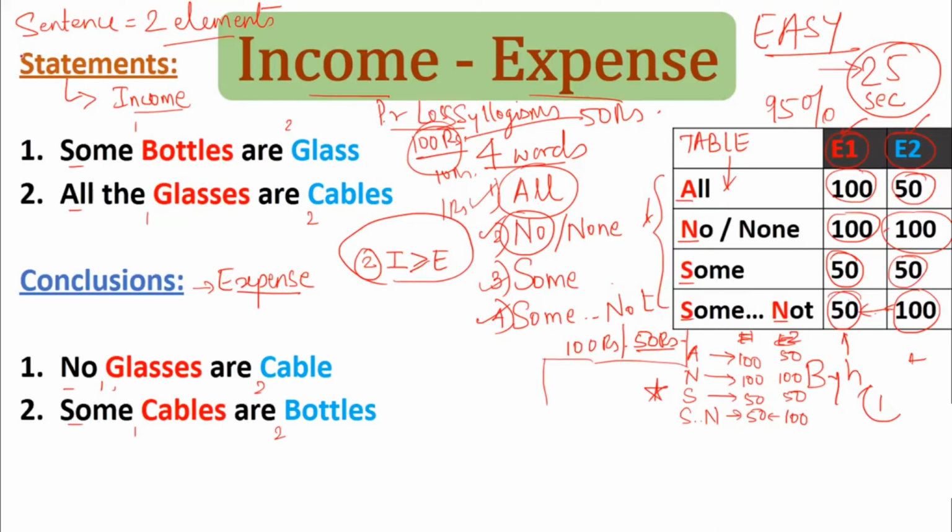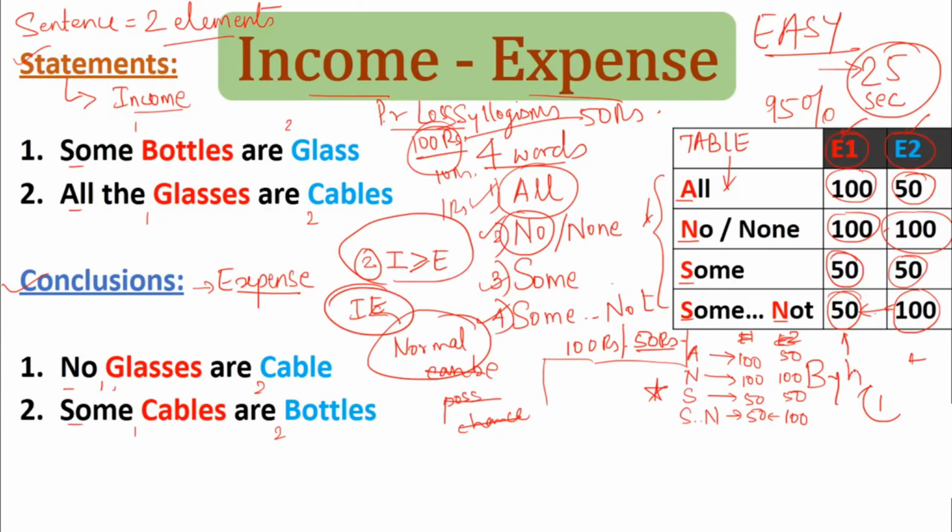Whenever you get the question, it will be like these two statements, these two conclusions, and we have to choose which conclusion is valid. So let us start solving. First, whenever you get the question, check for words like "can be", "possibility", "chance". Are there any words like that? No. So this is a normal sum, what we have seen previously, which has to be solved by the income-expense method.